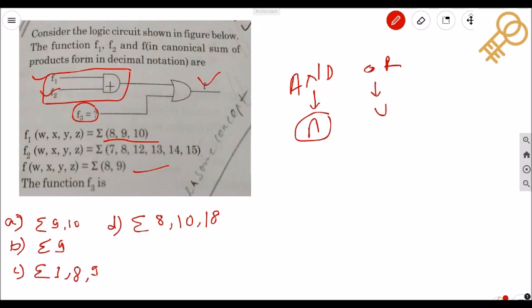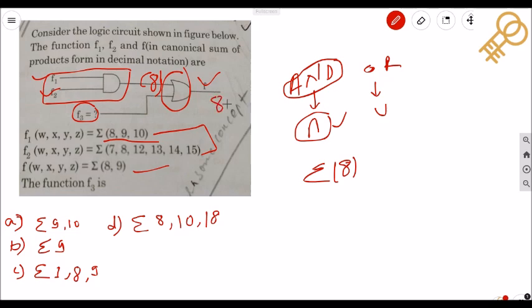See, and this is AND logic. So already I've told that what you need to do is take the intersection. So apply intersection here, f1 and f2. So what is the common element between these two, f1 and f2? There is only 8, which is common among these two functions. So for this logic gate, the input will be 8, right? So now the final answer is given, that is 8 and 9, right? And here already I have 8, and they are asking about f3.